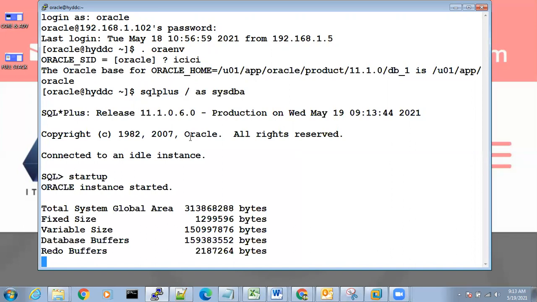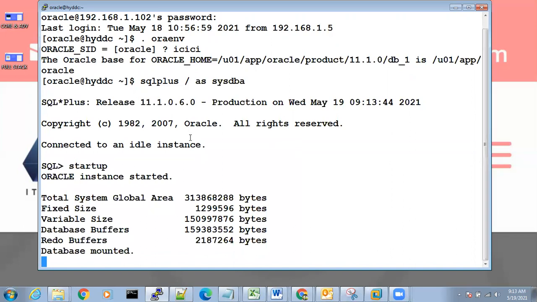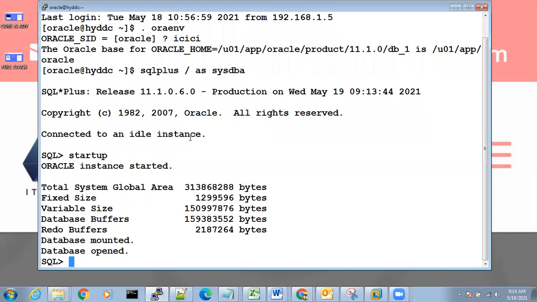Now, as today is a networking session, what is the meaning of networking session? This is the database, right? We have started the database. Who started the database? The DBA started the database, right? Now a user wants to connect to this database and perform daily operations like select, insert, update, or any operations related to SQL.